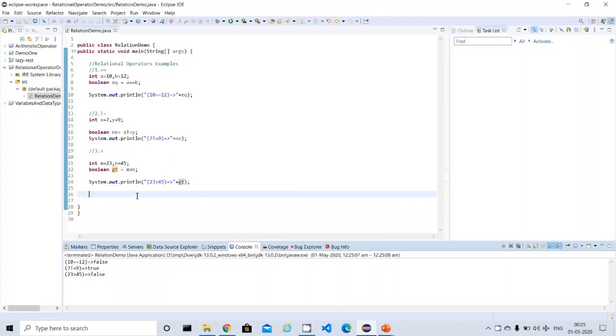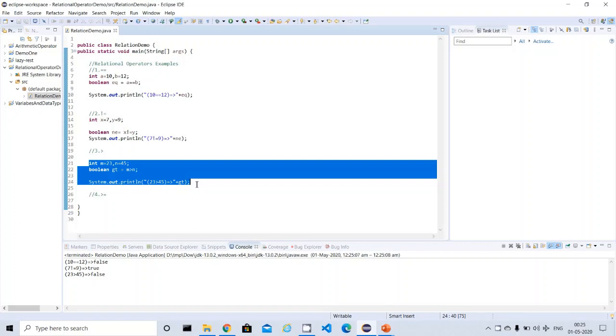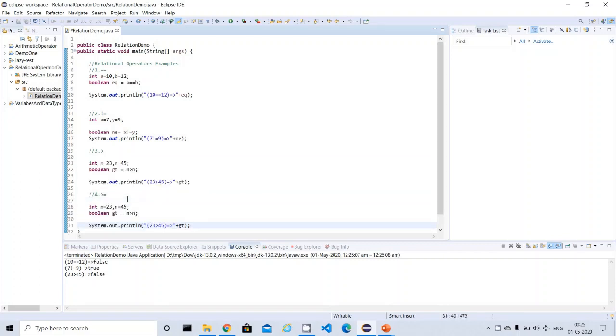Okay, now we are going to see the fourth one, greater than or equal to. Basically this is similar to the previous comparison, but there is an additional check here. It can be greater than or equal to as well. That's what we are trying to compare here. So let me take the same code as it is. Take here m1 and n1. So if we try to compare here, right? What am I trying to do here, right?